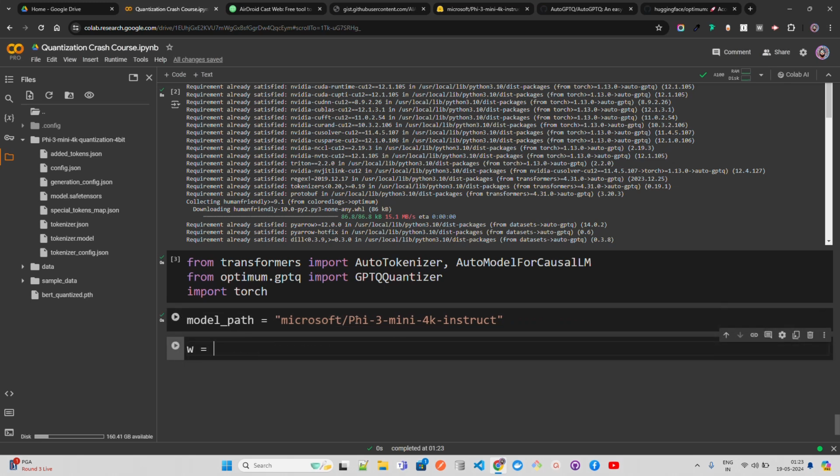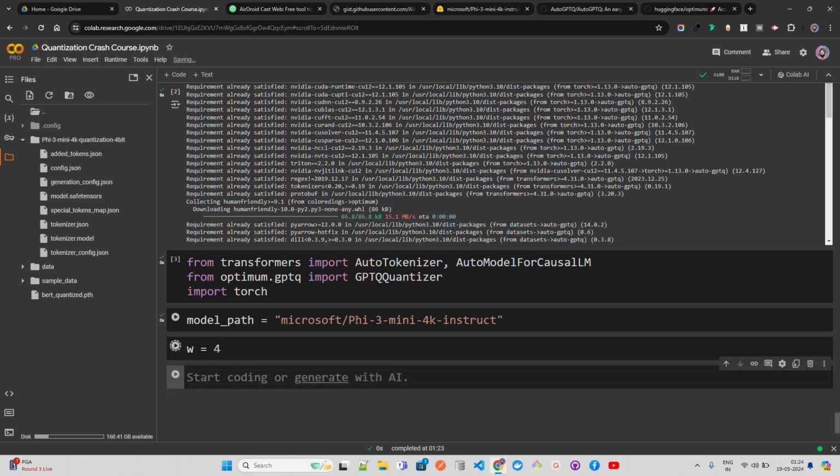And after that, here you can define W. Now W is the quantization integer value that you define. So when I'm writing 4, it means quantization to 4 bit. If you want to do all at once, then you have to do it in a list. So you need to define a list like 2, 4, 3, 8, whatever. You can define it like this and do it. But I'm just doing it to show you how you can do it. You can also use other precision as well if you want.